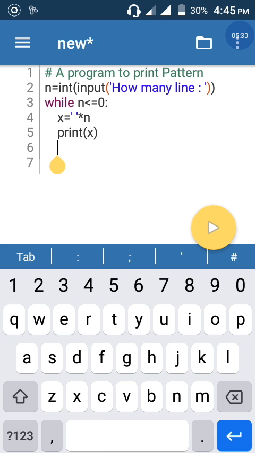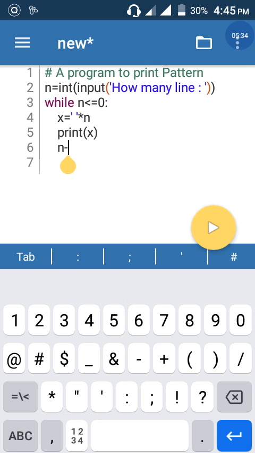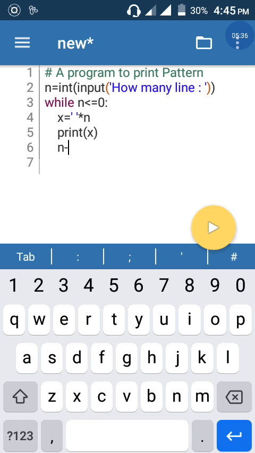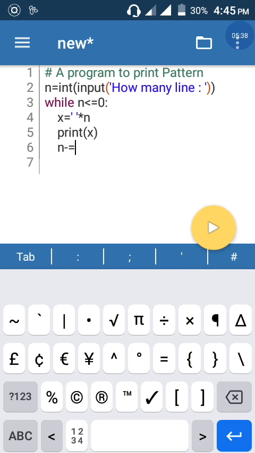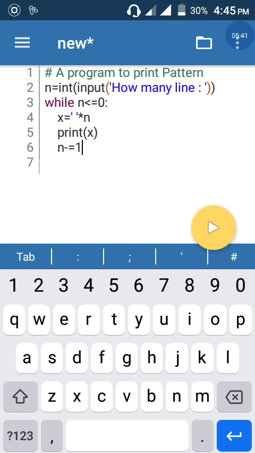Okay, next n minus equal to 1. Okay, see the output.